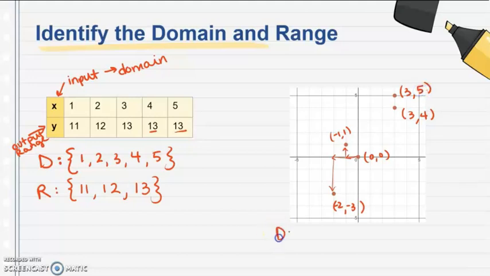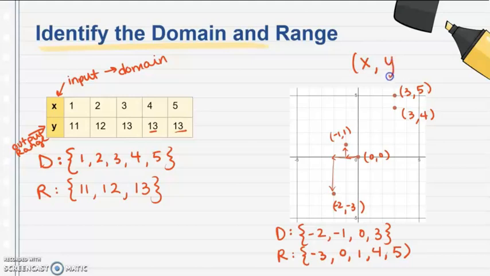I like to write them as ordered pairs because then it's a little easier for me to see my domain and my range. My domain are all my X values, so -2, -1, 0, and 3. Again, I don't have to repeat those. And my range are all my Y values, which are -3, 0, 1, 4, and 5. As a reminder, when you have your points, they are always listed as X and Y. So make sure you keep those clear that that is our range for our Y and the X is your